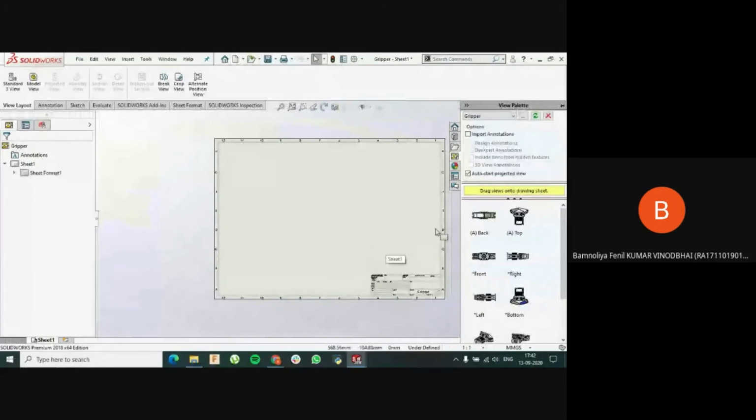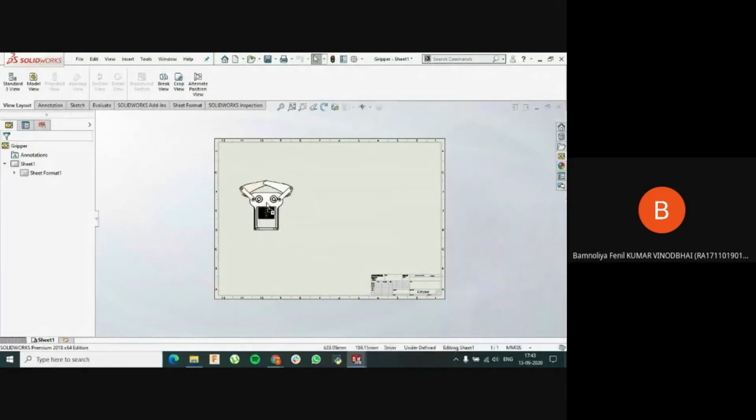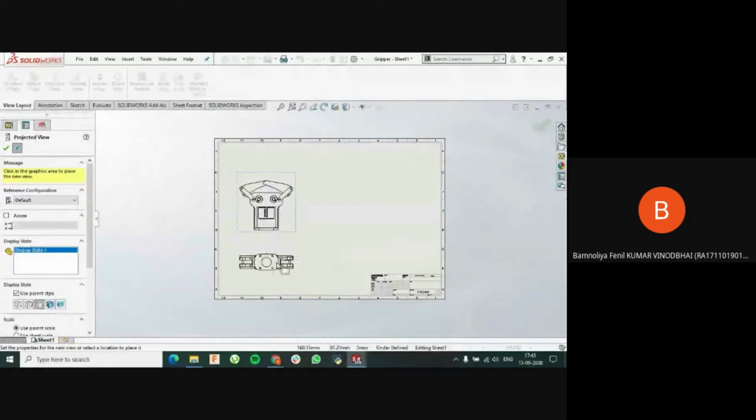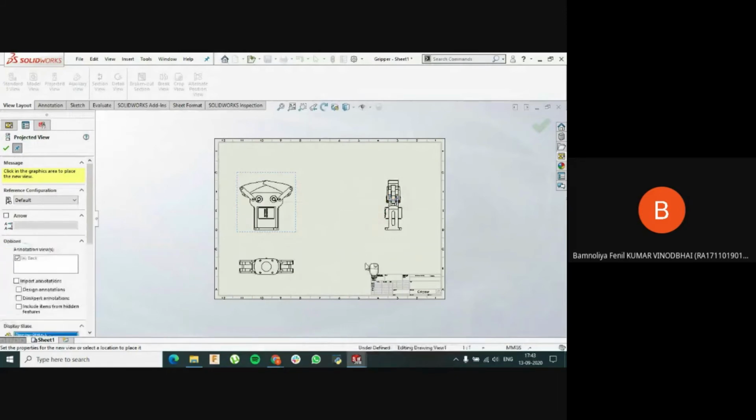So it has already created the different types of views, which are the standard views, like bottom, top, isometric, and right, back and front views. So I can import any one of those and drag it down here. It will create a sketch of that particular view. I can also create some other sketch related to that main sketch, and also the isometric view of that part.